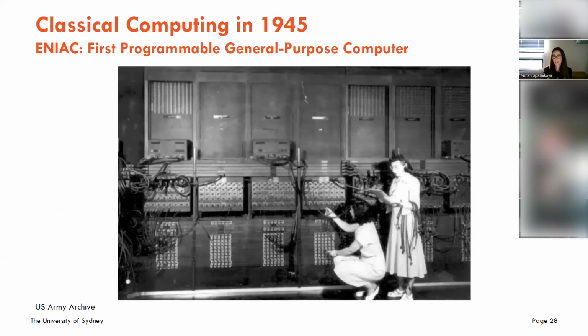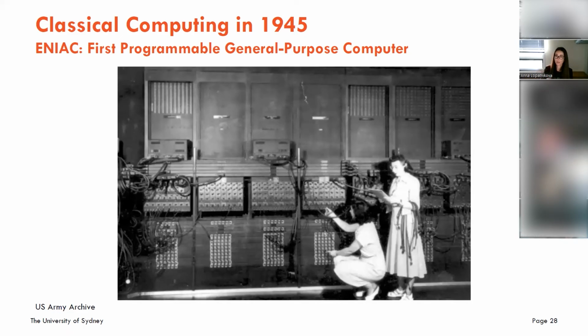Decent period, but if you think about what happened to classical computers after the first demonstration of a practical application. In 1945, for example, this is ENIAC, the first programmable general purpose computer. The purpose of this computer was to do artillery calculations. And you can see how it was programmed. So these ladies are programming the computer by putting these giant cables between